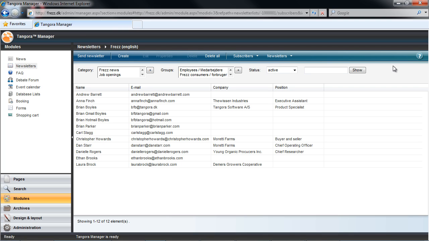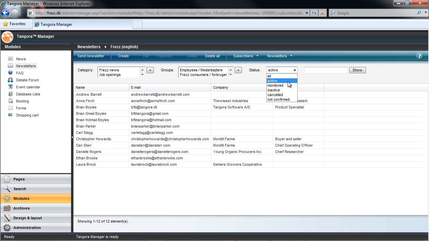Essentially, you have a list of users categorized into groups, and they can also be integrated into the newsletter module, so you can send out to people who are in that alternative list. If you have subscribers who are also in the list of external users, then the system figures it out, and only one email is sent. To the right of groups is status, where you can filter in order to see a list of subscribers by the status that they have.